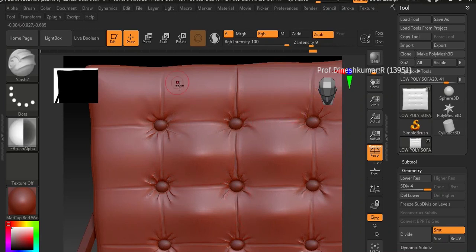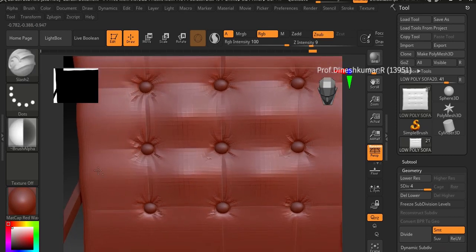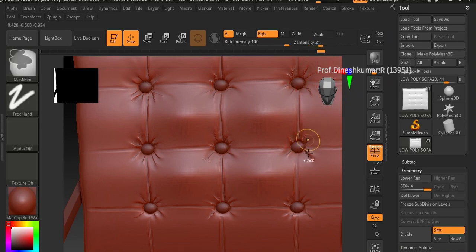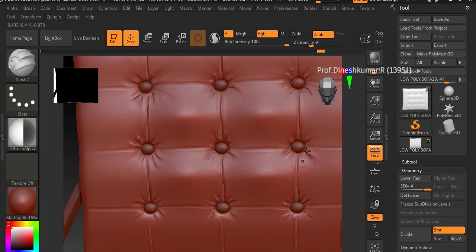And in a few of the sofas, instead of making this go inside, you would see they would be embossed. The areas are a little embossed in a few of the sofas, not like this. Instead of this one, in a few sofas they would make an add. There'll be some Z add tool there, like